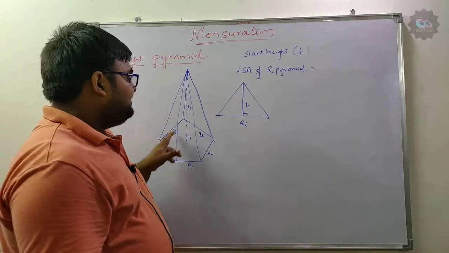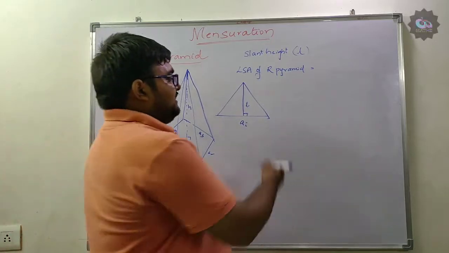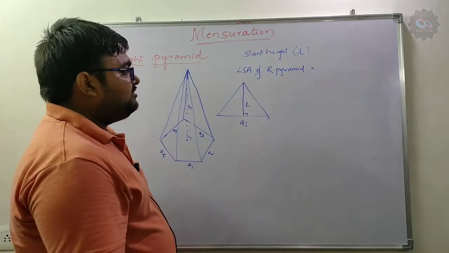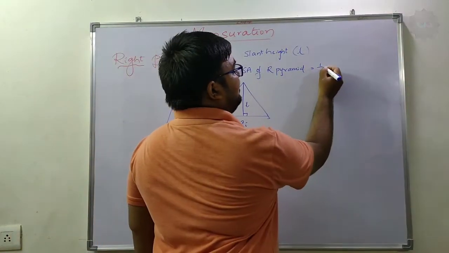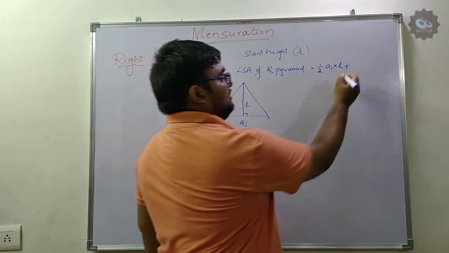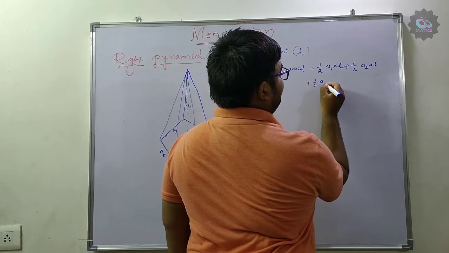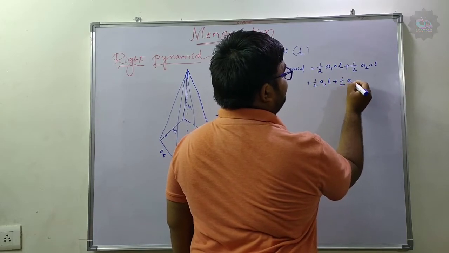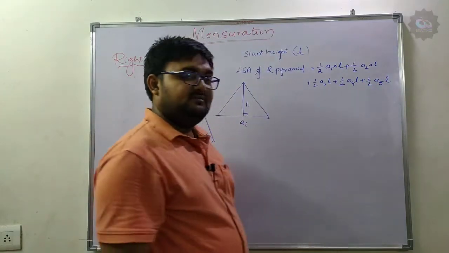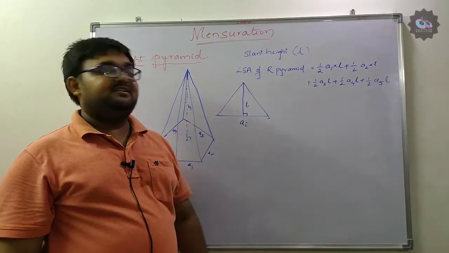Likewise here we are having different bases, or sometimes you may have a regular polygon, so for that you will have equal sides. So if I consider this particular thing, for each and every triangle, if I go on to find out the area, what am I going to get? Half into A1 into the slant height, plus half into A2 into the slant height, plus half into A3 into the slant height, plus half into A4 into the slant height, plus half into A5 into the slant height. So those slant heights are nothing but the heights of each triangle.